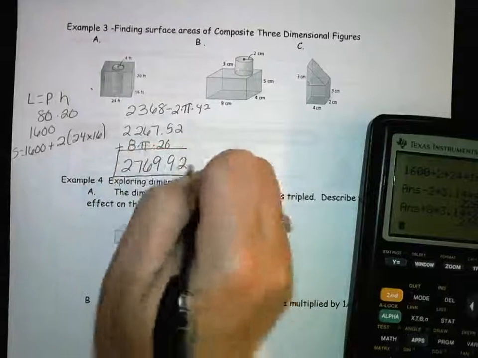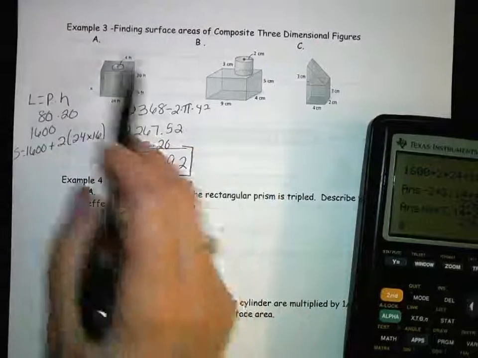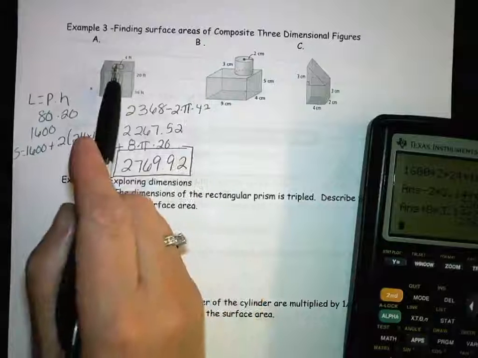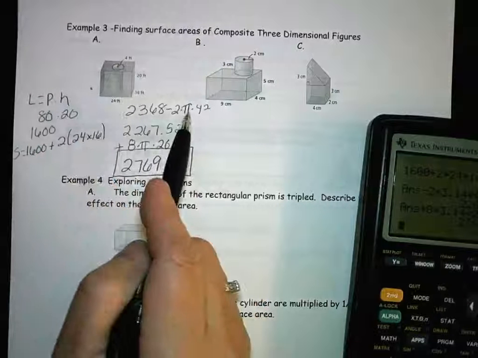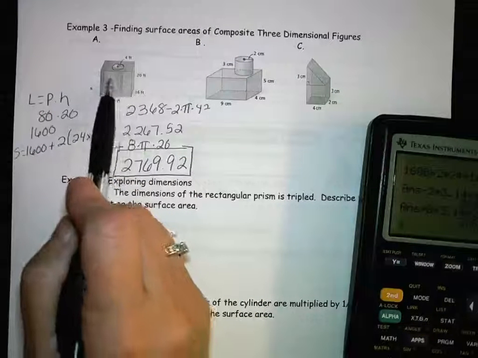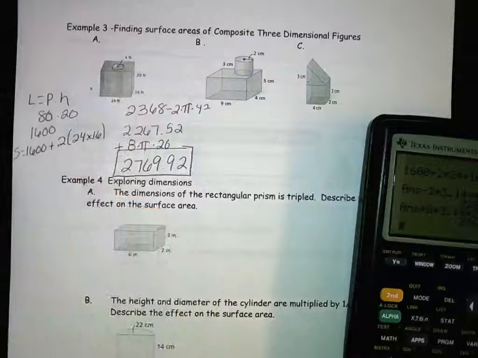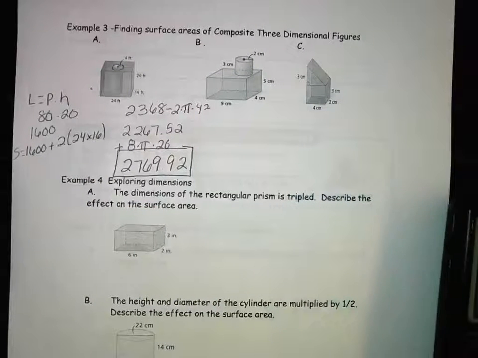One more time, we found the lateral area, subtracted the two circles, and then we added this lateral area right here. Example B,